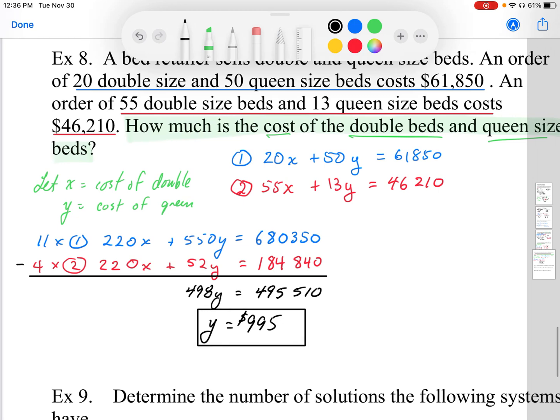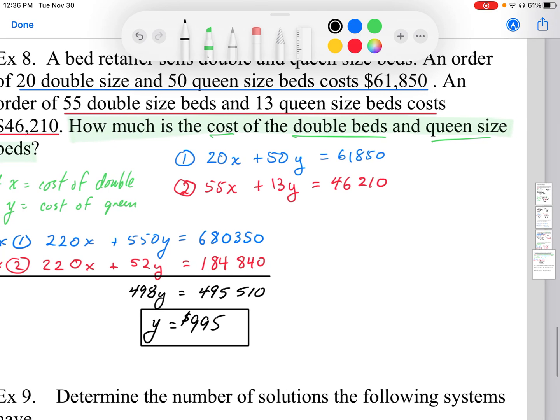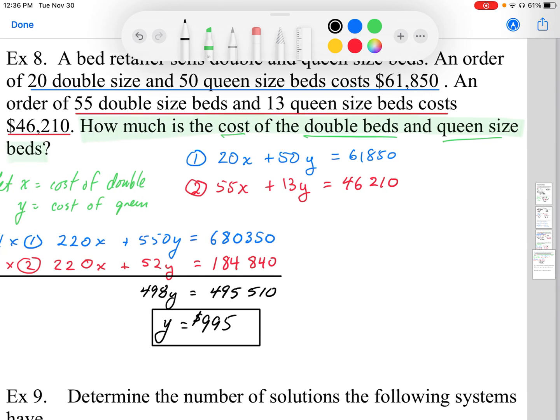I still need to work out the cost of the double bed. So I'm going to plug this back into equation 1. Equation 1 looks a little bit easier to work with. So I'm going to use equation 1. So I want to find x, the cost of a double bed. So I'm going to do 20x plus 50 times the cost of the queen size beds, which I figured out, and that's going to be $995, and that's equal to